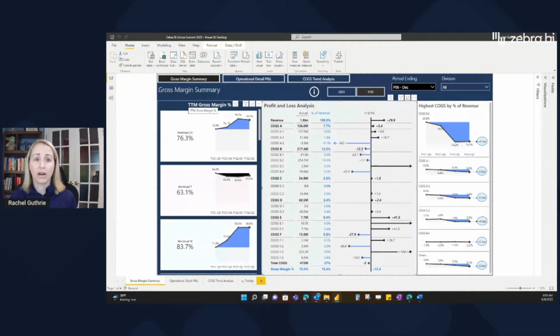The Zebra BI cards reduce the number of slicers required with their cross-filter functionality. On the left, you can see the Zebra BI cards visual with a trailing 12-month gross margin trend and the calculated average by workload. These cards can be used to select one or many workloads to aggregate data in the